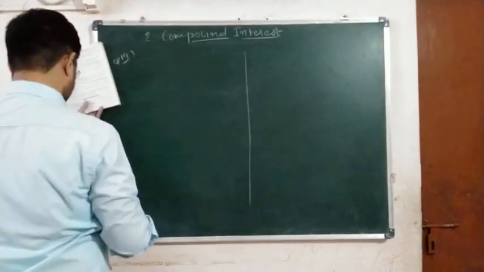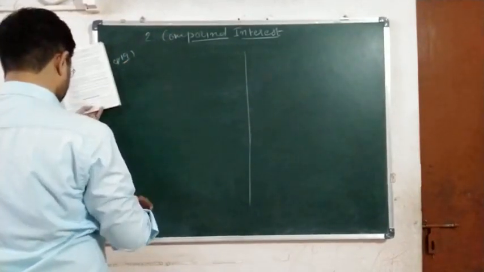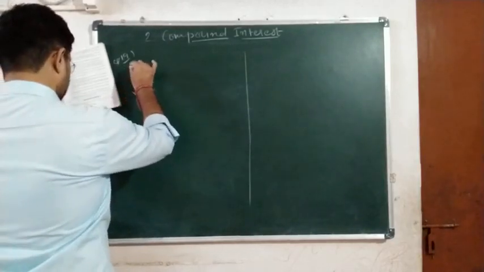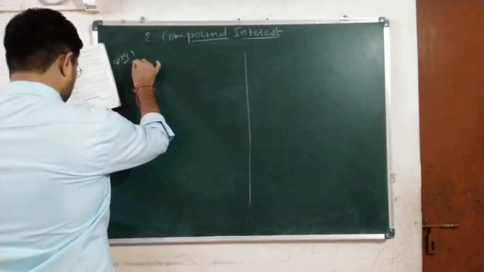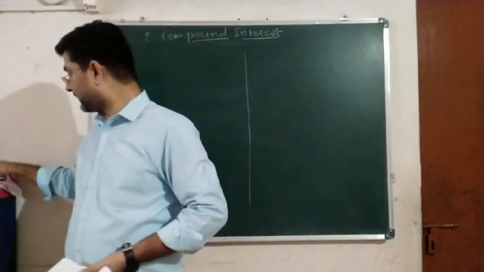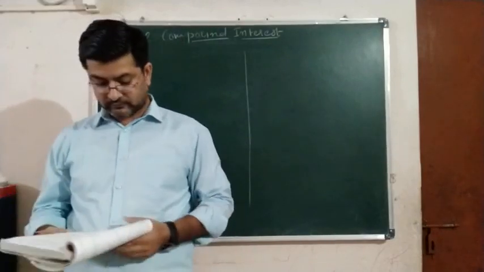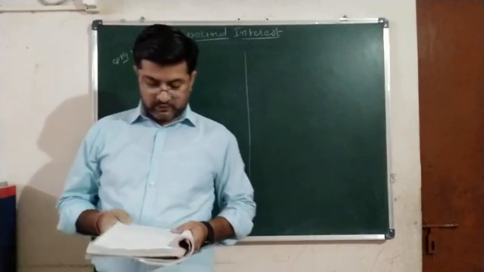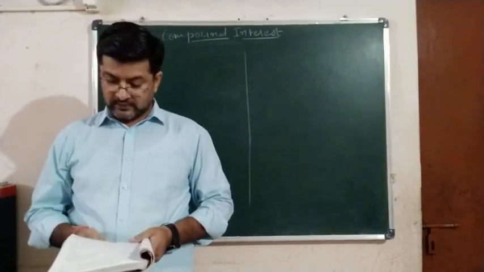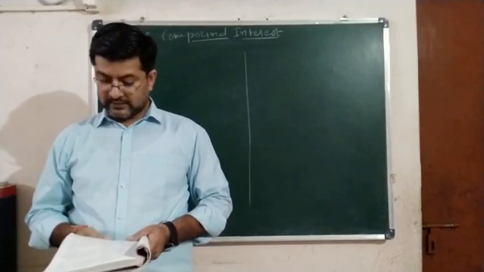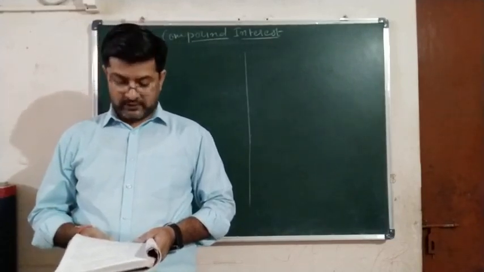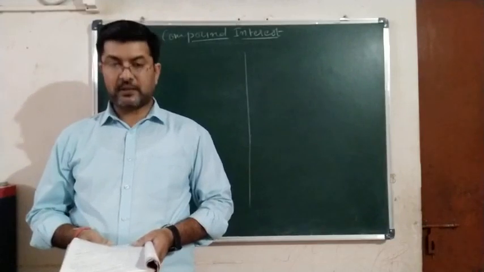Okay, a certain sum of money amounts to rupees 7260 in 2 years and 7986 in 3 years. You are given the two amounts. Okay, this question is important. Let us once again read and understand the question. A certain sum of money amounts to rupees 7260 in 2 years and to 7986 in 3 years. Interest being compounded annually. Find the rate percent per annum.